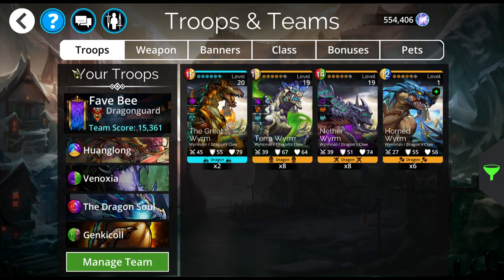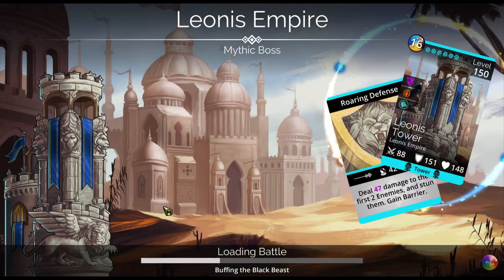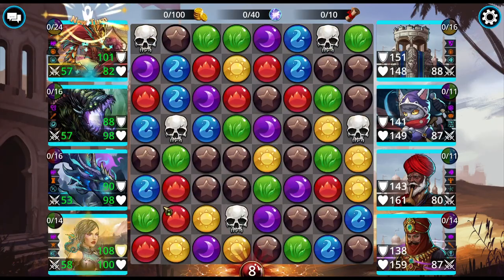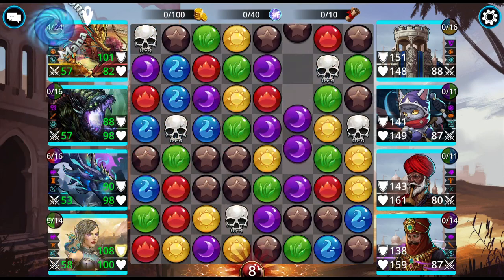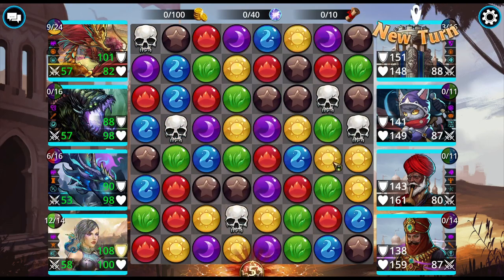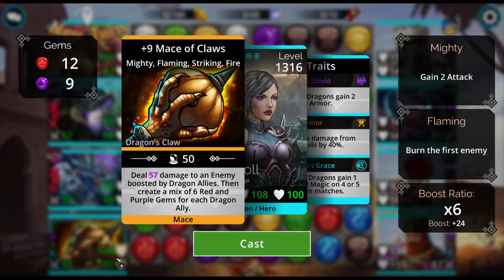So, anyway, I don't want to replace any of these at this point. I'm going to try it as is on a mythic boss battle level 12, and I don't know how this is going to go, but let's give it a try. So this time I don't have enchantment, I don't have any explosions to start things off, which means I'm kind of losing the use of my storm here. But that's okay. We're going to try to get some mana right here with the Mace of Claws